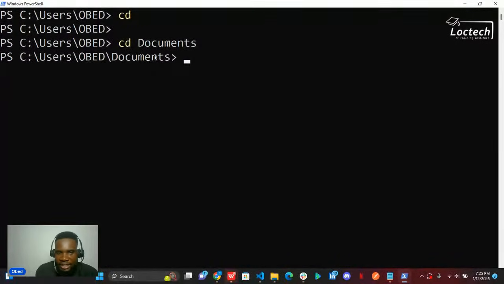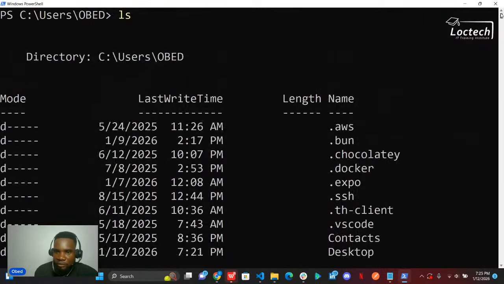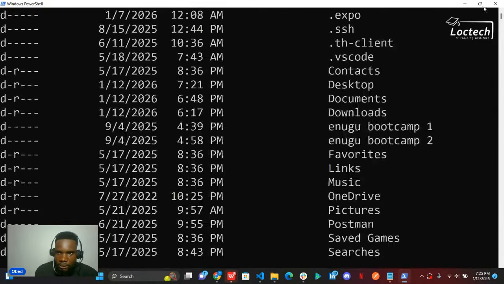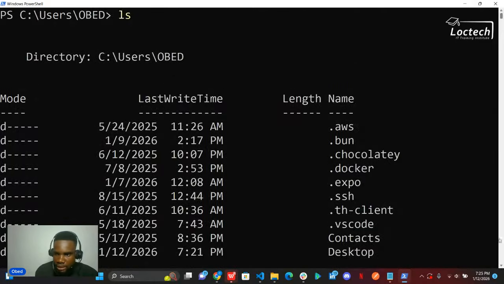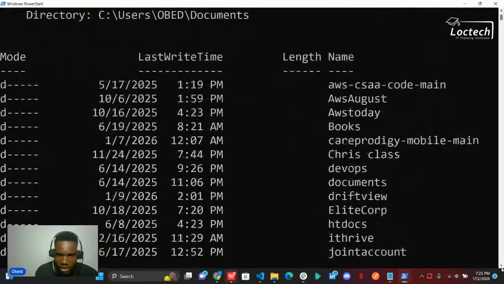Remember, if I want to see the content of Documents, recall how we did it previously: ls. With ls, which means list subfolders, I will see the content of Documents, right? Let me quickly scroll down to where we are. So this is Documents.